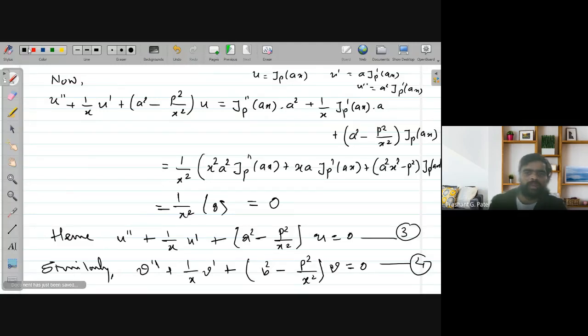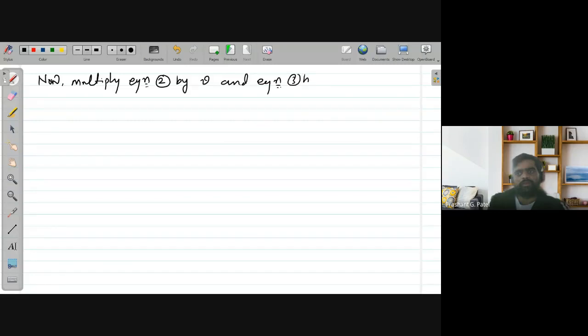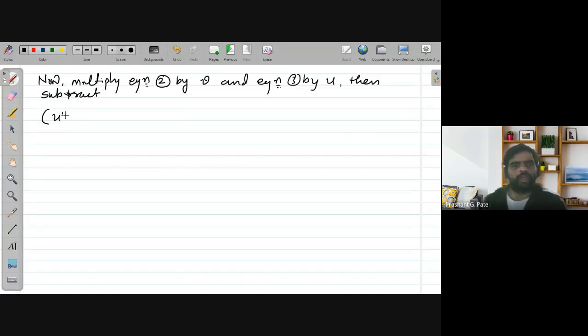So multiply equation 3 by v and equation 4 by u, then we subtract both of them. So if you do that, then you will have u double dash v minus u v double dash,